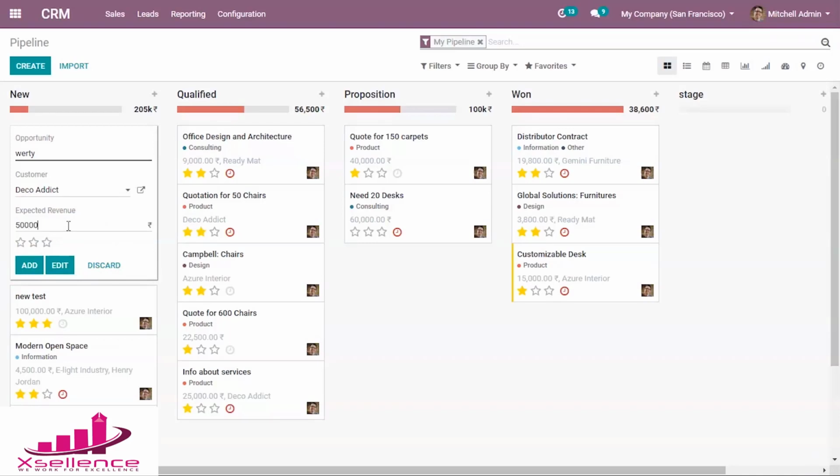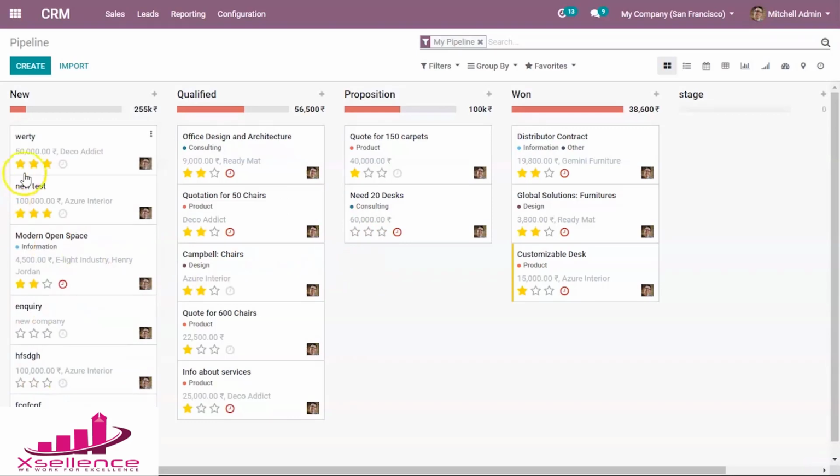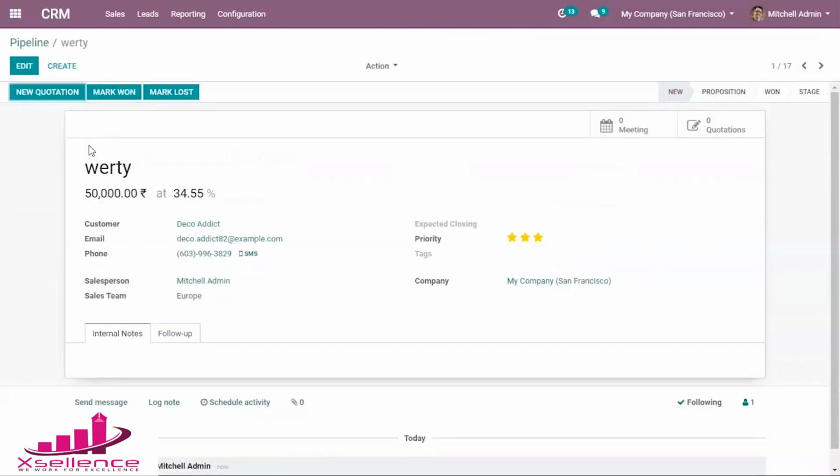So we are expecting this amount from this opportunity, and we can set the priority for this opportunity like the lead: medium priority, high priority, or very high priority. We are setting very high priority, and it will be in the top position. You can add it. So we can see the newly created opportunity there.